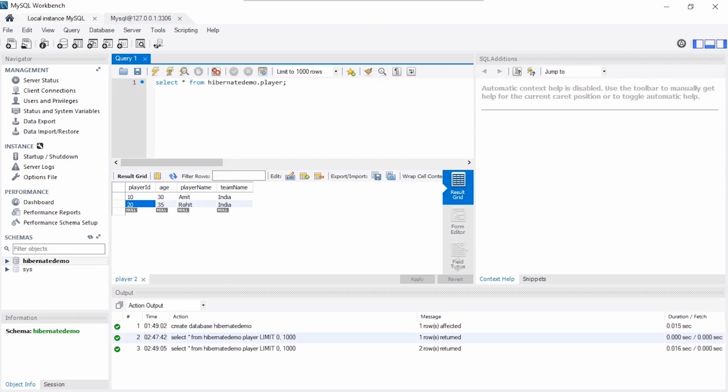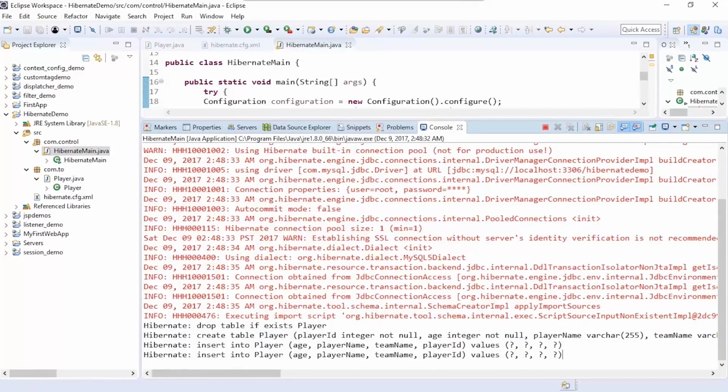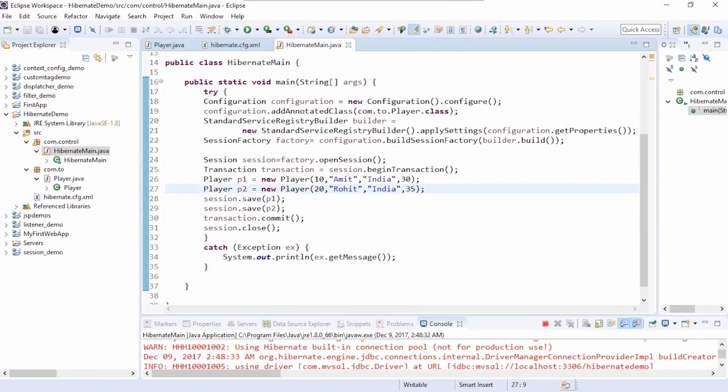Now let's go back here. Let's comment the second record and the save statement as well. And let's modify the value of the first record from Amit to Virat.